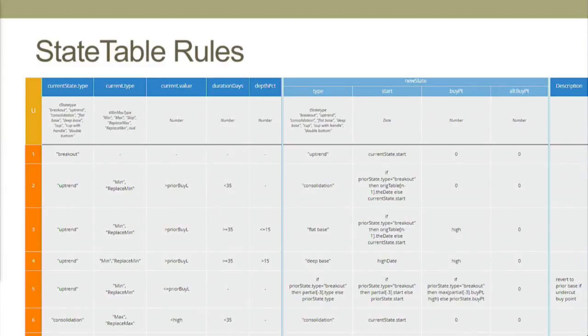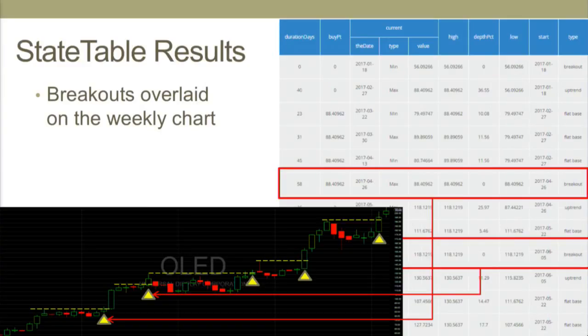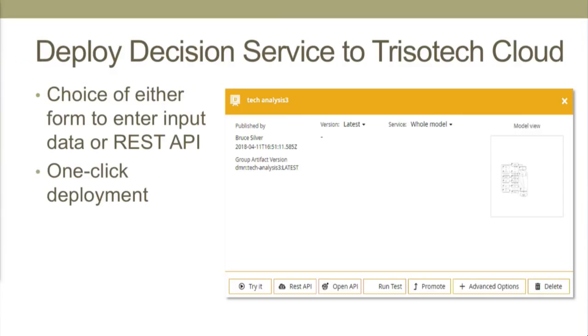Each triangle triggers a transition to a new state or base type. The rules determining the base type are this decision table here. And that's really the guts of the program. The resulting state table gives the base type and the buy point for each row in the min-max table. So the buy signals, called breakouts, are when the price goes above the buy point, shown as these yellow lines